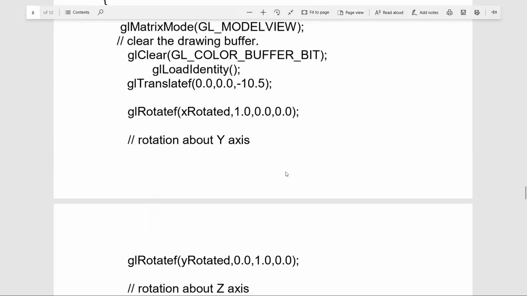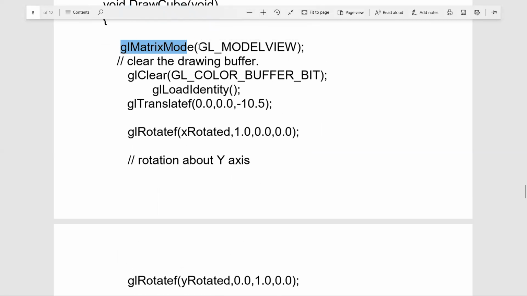How am I drawing? By setting the matrix mode. Here the matrix mode is set to the static parameter GL model view, so that means we are using the model view. Then let us clear the drawing buffer using GL clear with the static parameter GL color buffer bit.